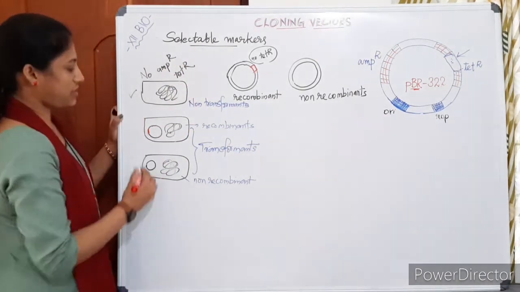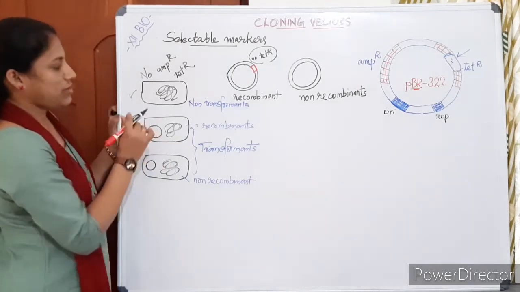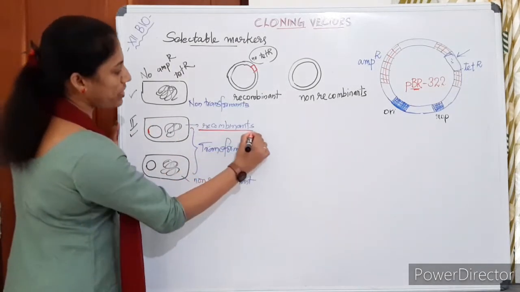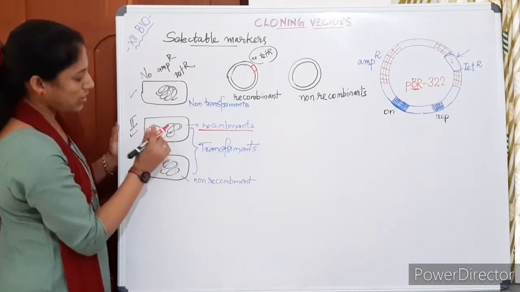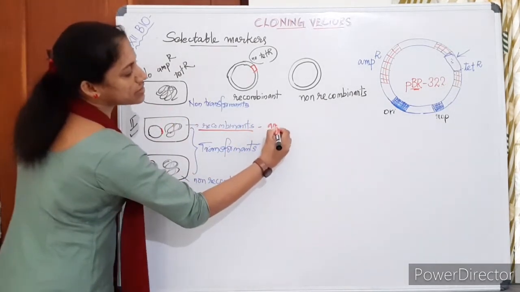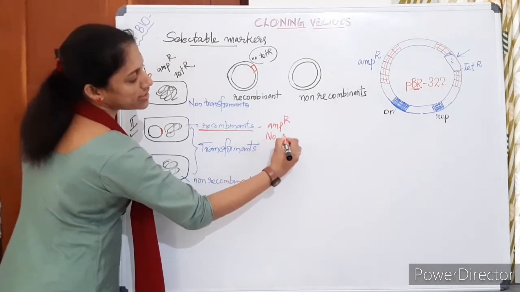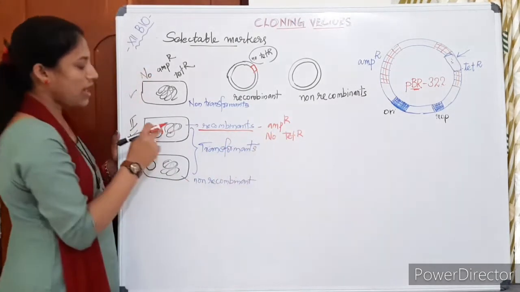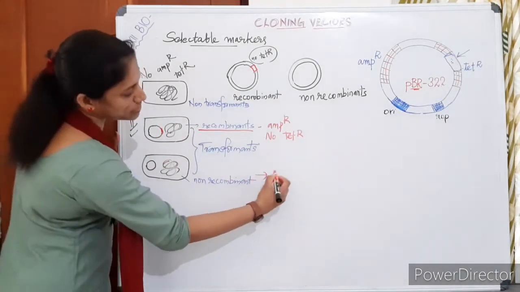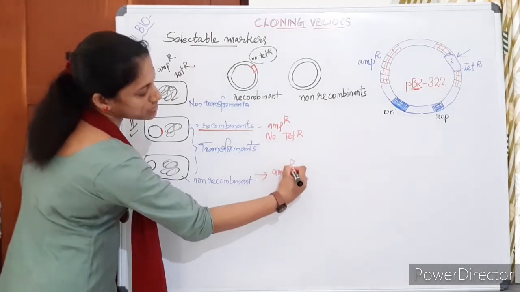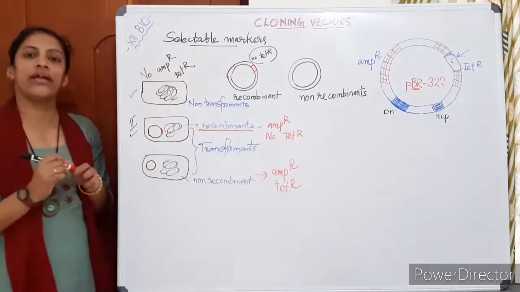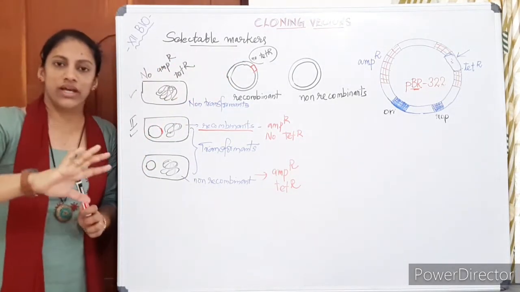Okay, the second case, recombinants. Will they show ampicillin resistance? Yes, they show ampicillin resistance but no tetracycline resistance. What is the reason? At the tetracycline resistance region is the foreign gene. Then non-recombinants show ampicillin resistance and tetracycline resistance because both the regions remain undisturbed, since our foreign DNA hasn't